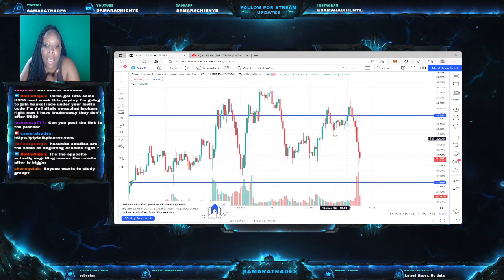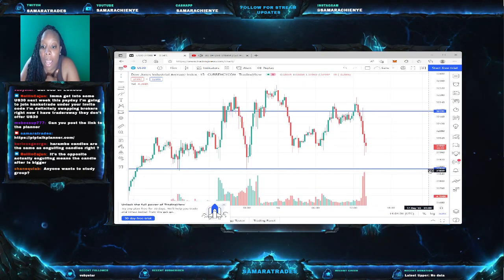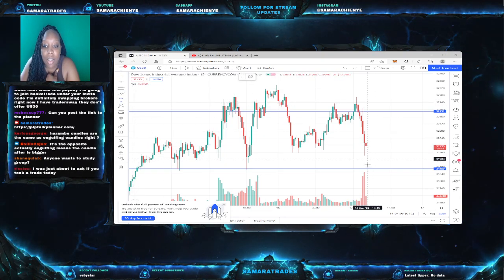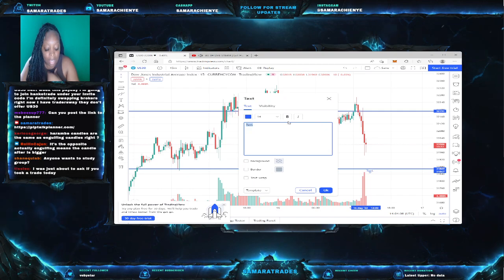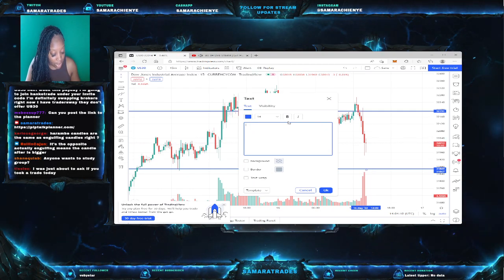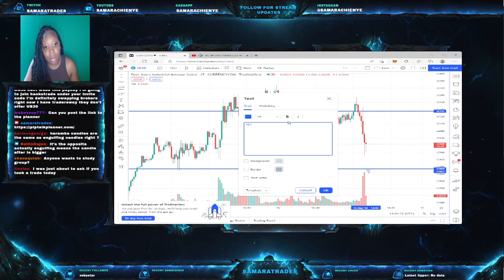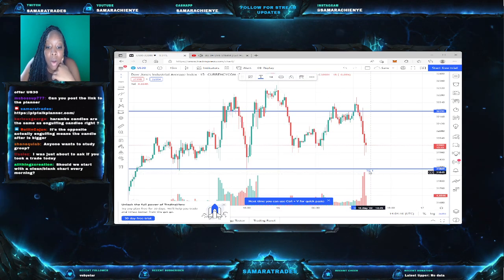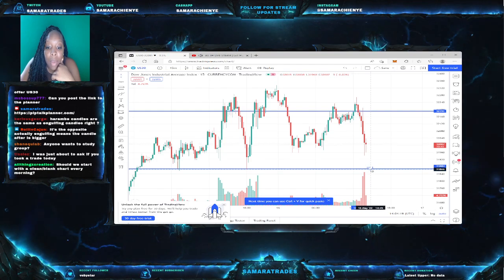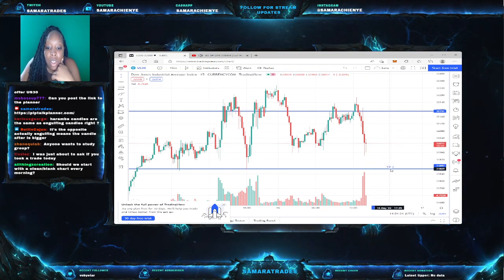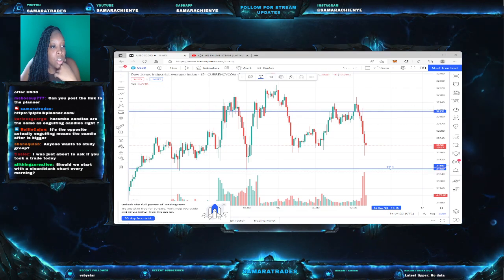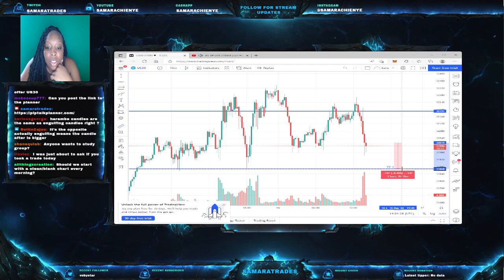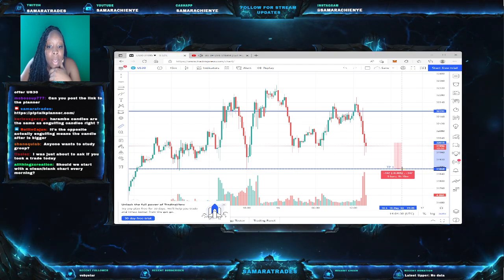I could possibly get in for a quick sale and have my TP1 here, but I'm not going to do that because that's not enough pips for me. That's not going to hit my target goal. So I'm just going to keep the money that's in my account now and just keep it pushing, okay, and wait for tomorrow. Tomorrow we're getting up by 9 o'clock, and we're going to get into some positions and go from there. So the reason why I said it's not enough for me is because it's only going to give me 140 points with US30.